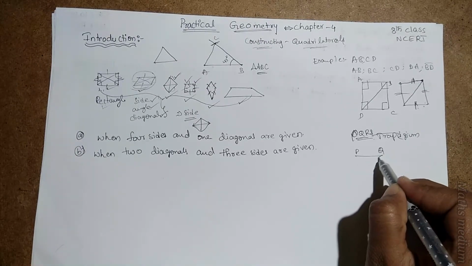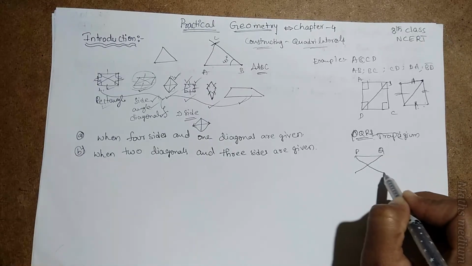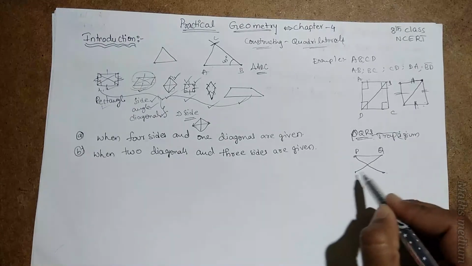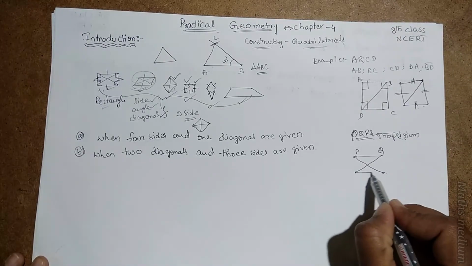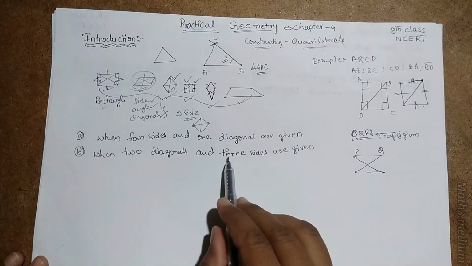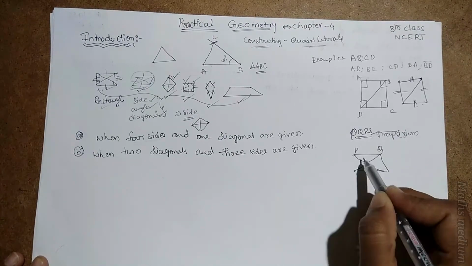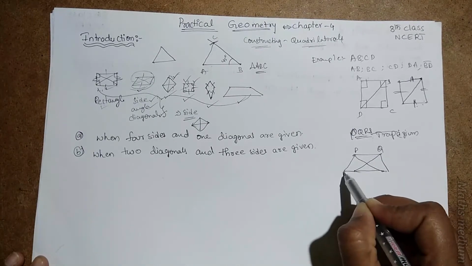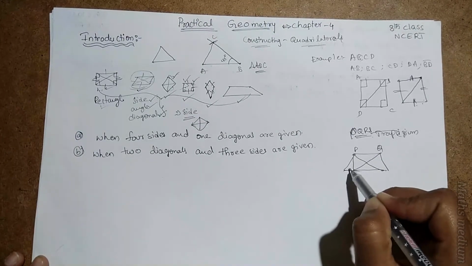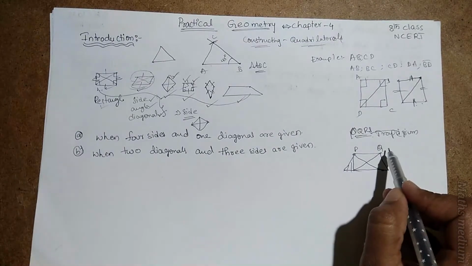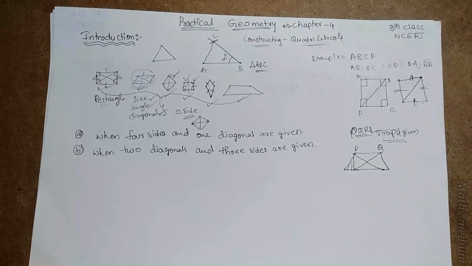2 diagonals. So from Q and from P we have to measure the angles with the help of a compass. Then we have to draw these 2 lines, and another side is also given. So here we have to put another angle. So another angle is like that. Sorry, this is the construction of a parallelogram. For example, I tell you that it is a trapezium also. This is the example of when 2 diagonals and 3 sides are given.